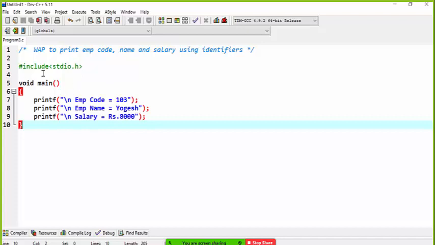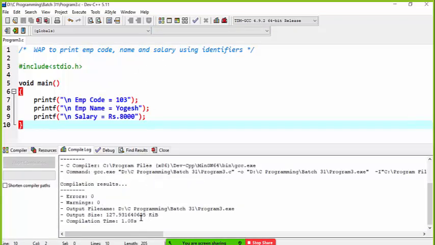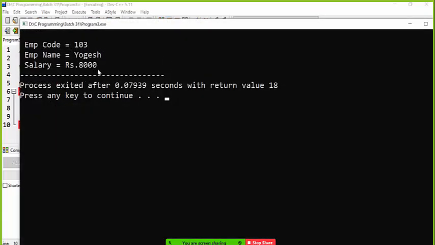Source code we convert to machine readable code, and for that we click the compile option, and after compilation this window shows the log, where if you have any errors or warnings, you can see them. So this is successful. After that you click the run option, and you can see the output, the employee data, is here.